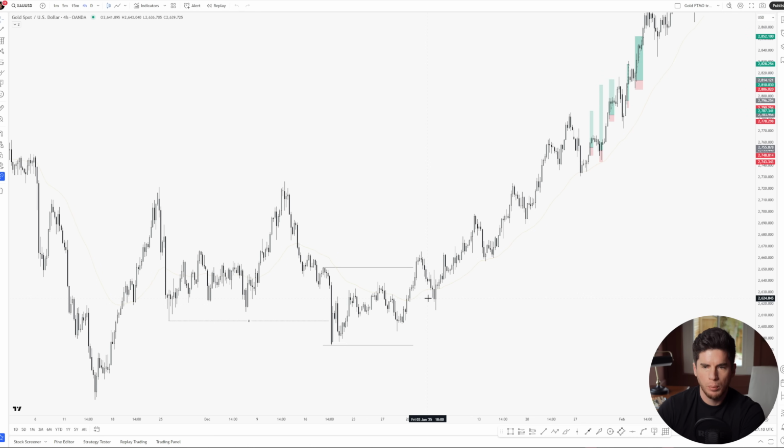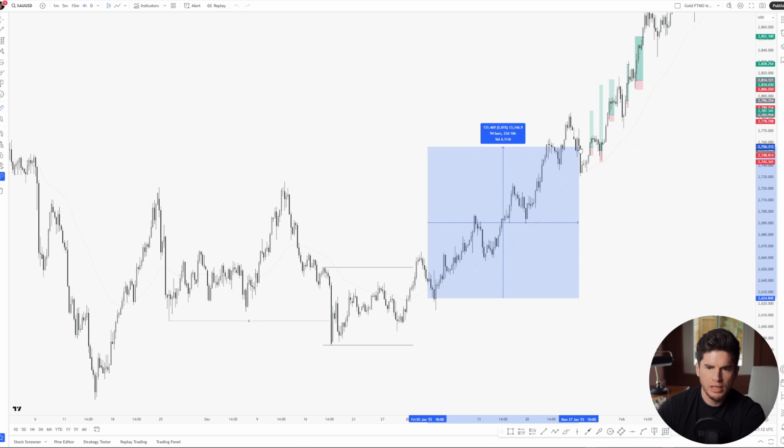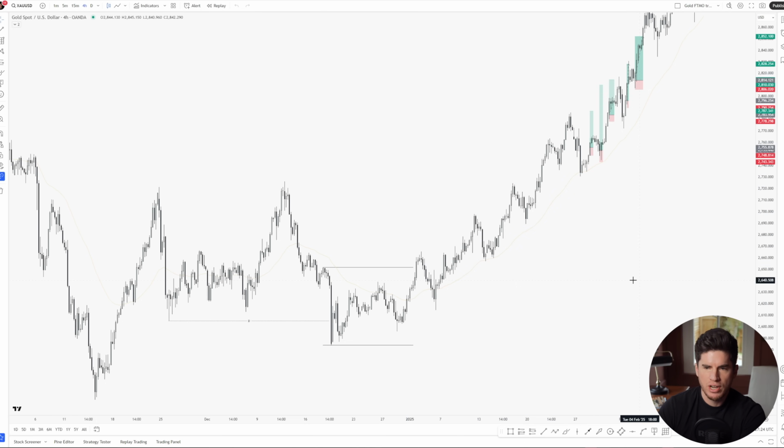Now you can see that there was opportunity between the beginning of January, so like the 2nd, 3rd of January, all the way up to my first trade on this FTMO account, which was the 27th of Jan. So almost an entire month where the 4 hour was simply creating higher highs, 5 higher highs, and after breaking those highs, higher lows.